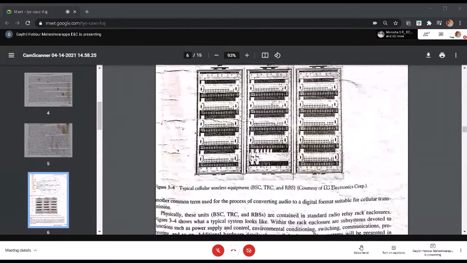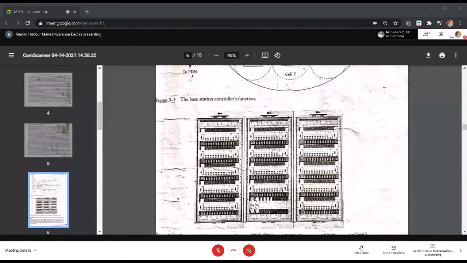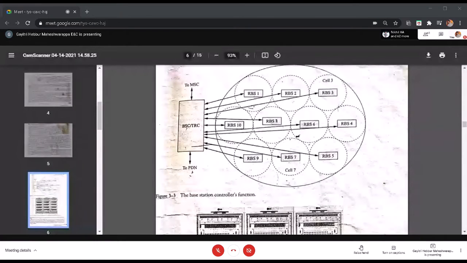So the TRC does two functions. One is called rate adaptation. Another one is called vocoding. So 4 kilobits per second to 16 kbps over the air interface, and the data coming from the mobile station over the air interface to a radio base station is 16 kbps, and it is connected to the PSTN. We convert it into 64 kbps over the T1/E1/J1 telephone carrier system. So that operation, the rate adaptation, will be done by this TRC.